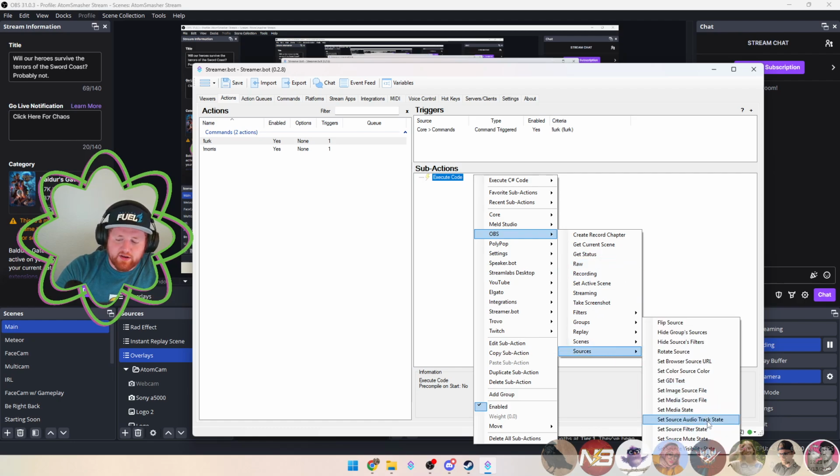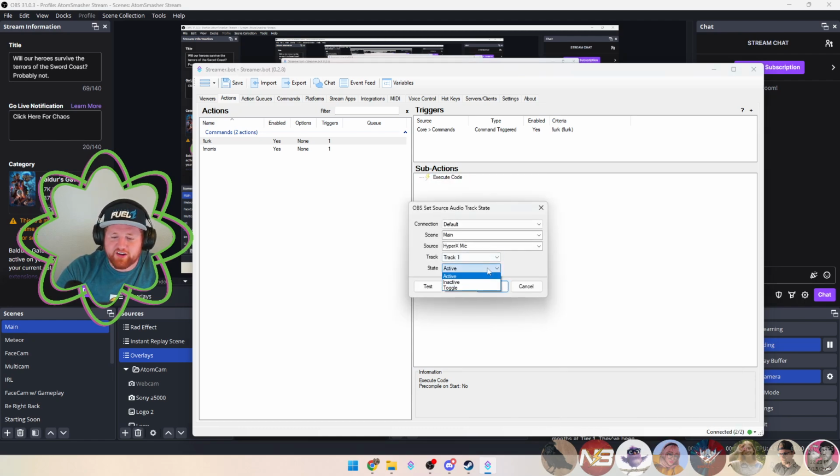We've got set source audio track state. Here's another one. So you can set which track something is in. Now, I don't want to get too deep into this. OBS has different tracks. Depending on what you're doing, you might be recording and you want multiple tracks so that when you go back to edit, you can choose what audio to display and play, or edit. That's great. It's amazing for that. If you're streaming to Twitch and you want things to go to Twitch, but you don't want them to go to the